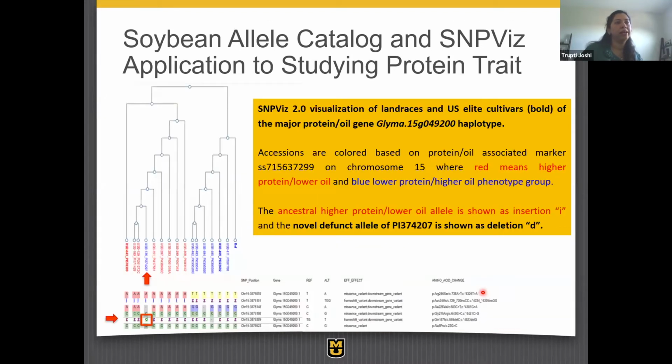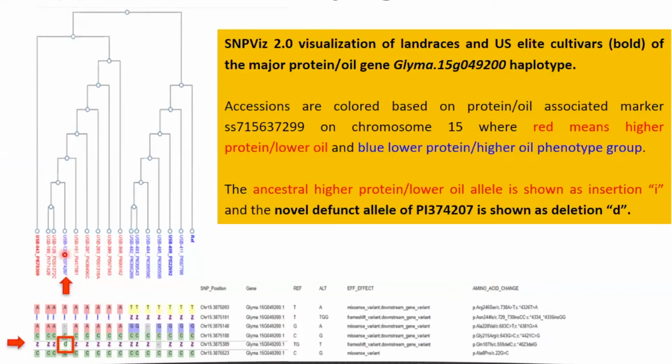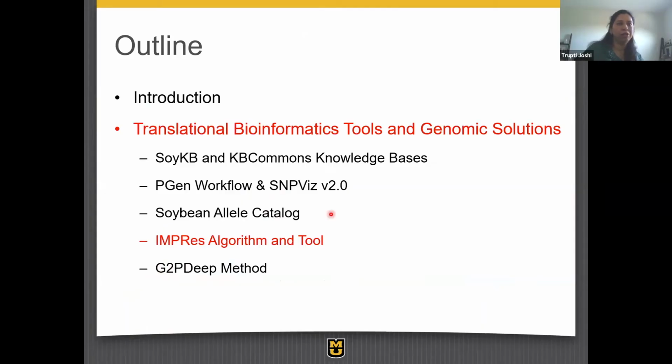So you can see that here, and the same piece of information can be pulled from SnpEff, where you can see that particular PI line that I showed you earlier, and where you see this deletion occurring over here, whereas most of these others have a Z, which have some insertion at that position. And that really allows you to identify and use these tools in a complementary sense. So that's what will come out hopefully soon in a publication.